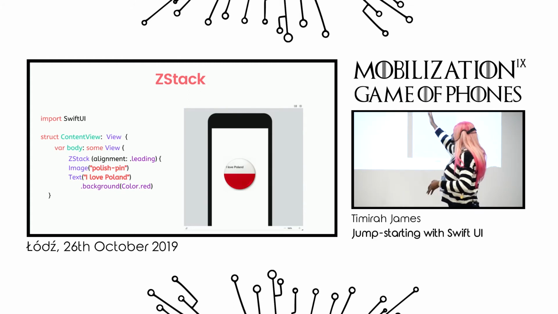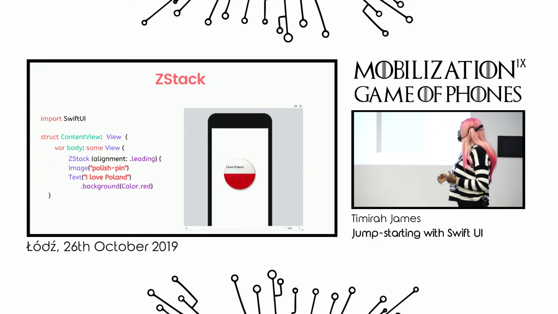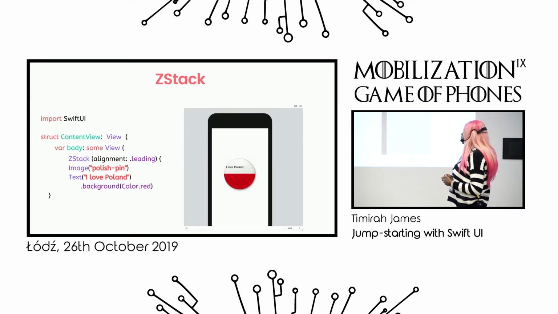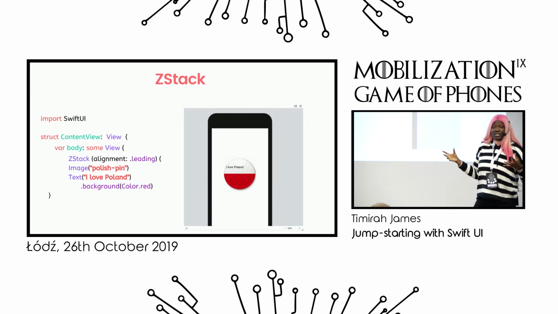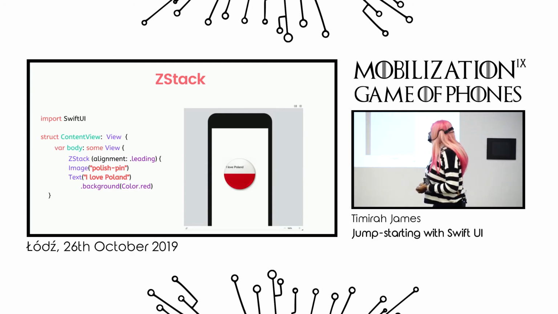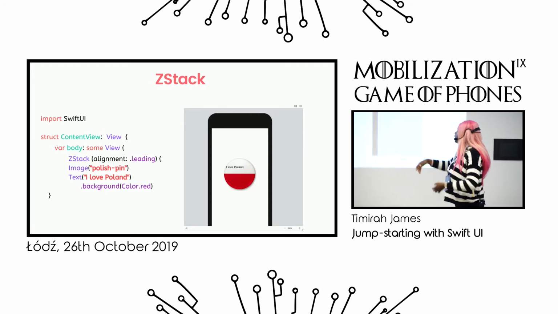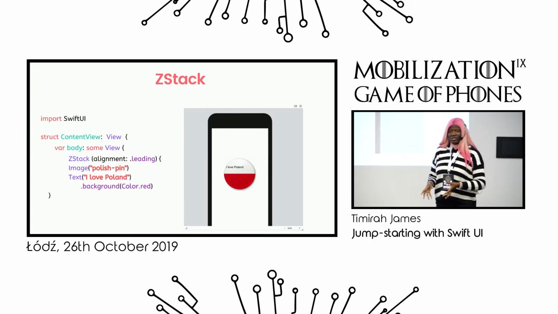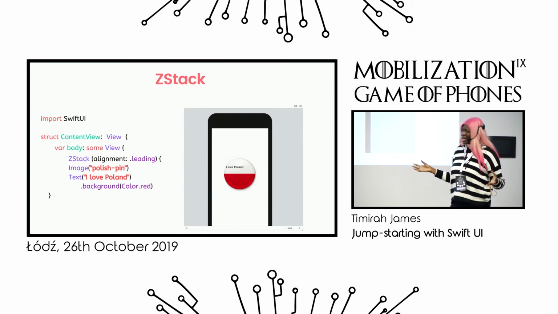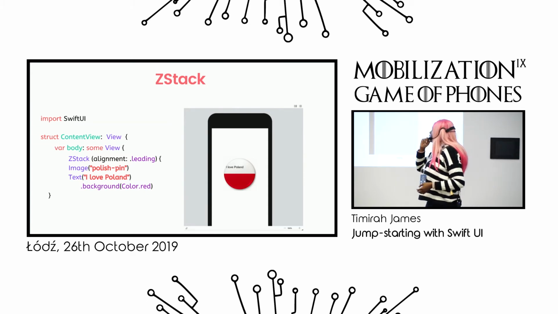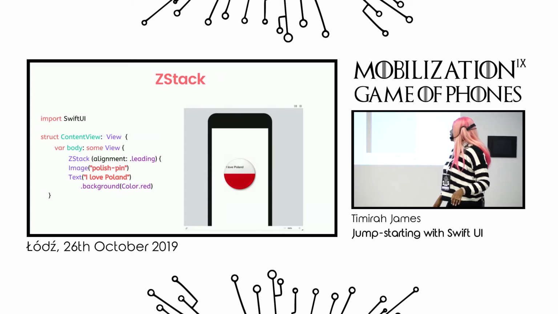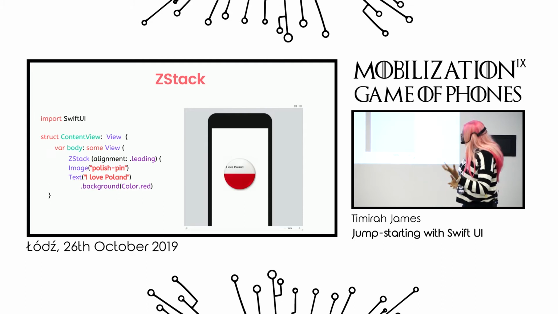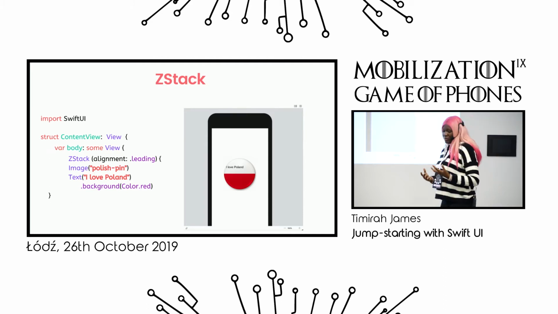Now we have this alignment that I was talking about. So again, just as if we were defining our layout programmatically, on a regular scale, we have the leading alignment, right? But there's no spacing. So if I wanted to do another text, I would have to add another spacer there, right? So it's a spacer element. So it's a whole other object. Okay. So there's this leading. So now you can see it's over there to the left. I just want to get you used to the syntax and seeing what it would look like.